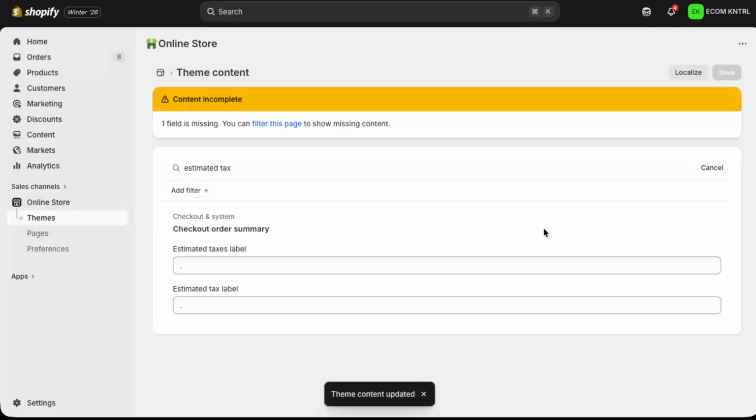After it saves, you can open your online store in a new tab, add a product to your cart, and proceed to checkout to confirm that the estimated tax label is no longer showing in the way it did before. And that's it. You've successfully removed the estimated tax text from your Shopify